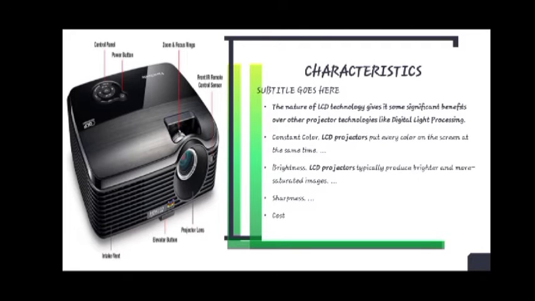Characteristics. The image we discussed above, zooming and focusing rings, etc. The nature of LCD technology gives it some significant benefits over other projector technologies like digital light processing, DLP. A constant color LCD projector puts every color on the screen at the same time. LCD projectors typically produce brighter and more saturated images, sharper images and